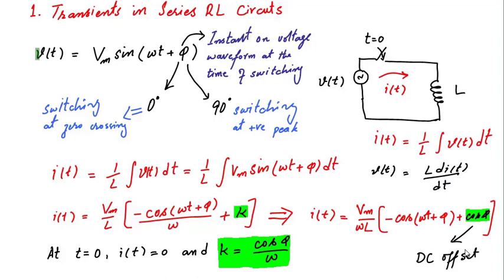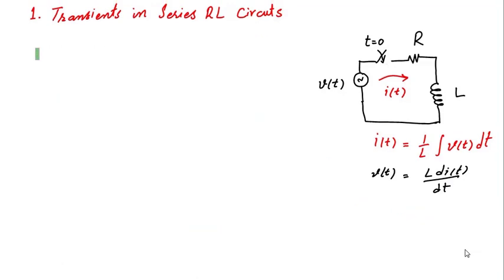Now we discuss what will be the impact of resistance, because we know that there is no such thing as a pure inductor. A pure inductor is not possible unless we have an inductor made of an ideal conductor. Ideal conductors are not possible, so that's why a pure inductor is not possible. There will always be a series resistance involved. Let's add the resistance in series with that inductor. So as soon as we close the switch at time t equal to 0, a current will be established by this voltage in this series RL circuit.